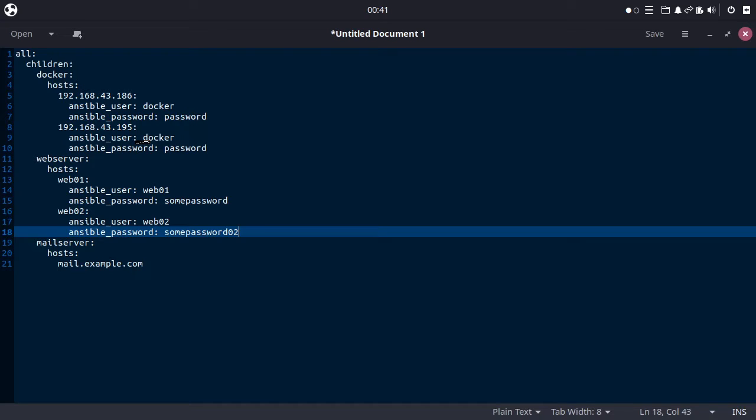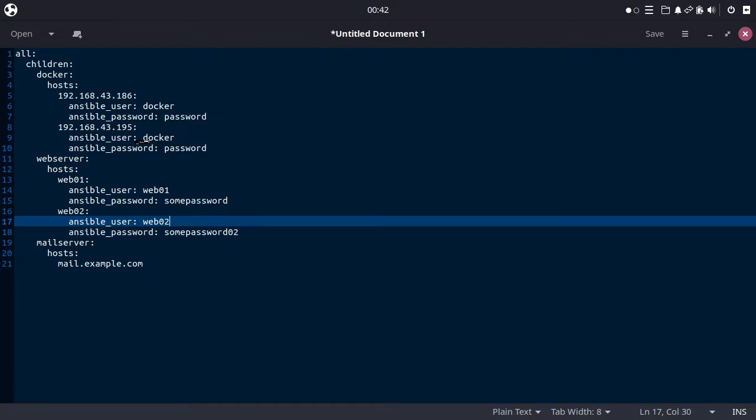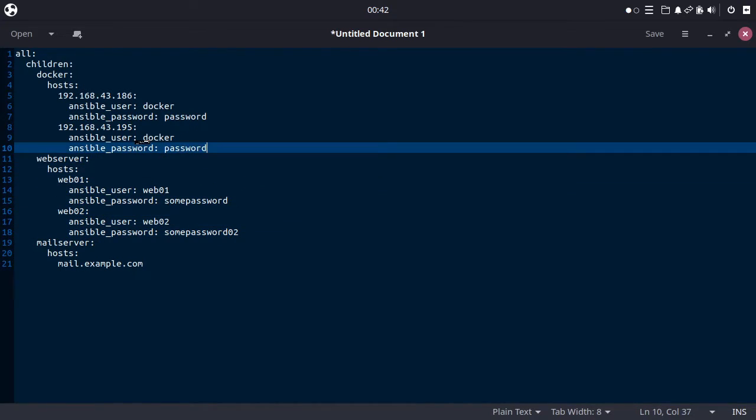Now, also you can say that the hosts for Docker have the same username and password. So every time you build a new server for Docker, if there are additional new servers that need Docker installed, you make sure that you create the same username and the same password as before.